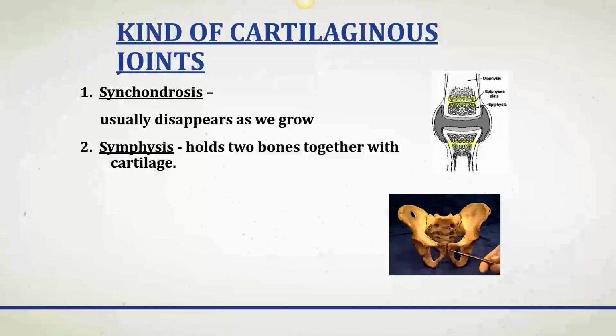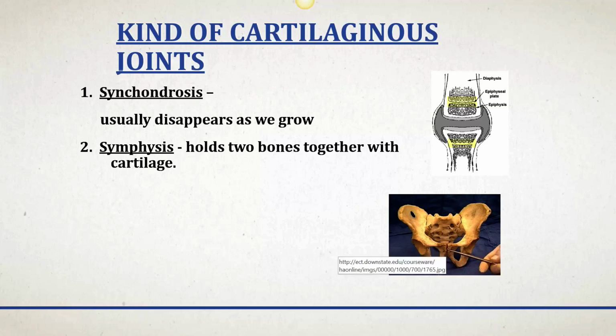Cartilaginous joints. We have synchondrosis, which usually disappears as we age. So that's the cartilage here that you'd find in the epiphyseal plate. And then symphysis. So symphysis, that's right here where the 2 pubic bones come together. And that holds the bones together using cartilage. So if we were to describe 3 words for the pubic symphysis,